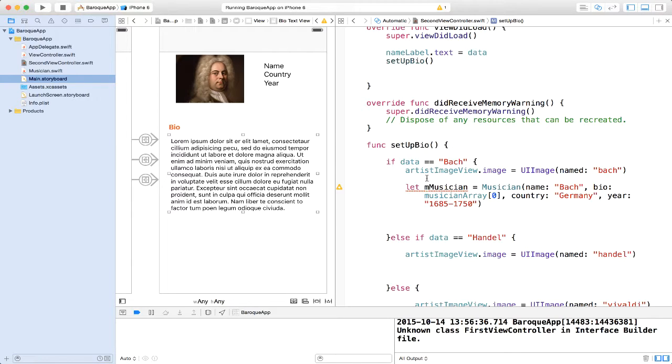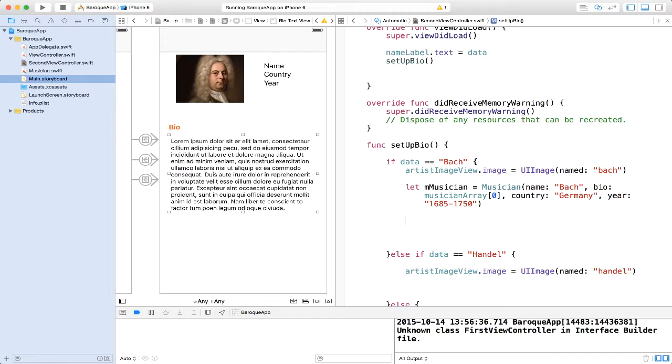So now we've created a musician Bach object, which we can then use to populate all of these labels here. I decided to use a Musician class for this project, mainly because I wanted you to start thinking more and more about classes and objects and how they interact in the real world when you create your applications. It makes things much easier and easier to read. As you can see, we created this Musician class object, and we fill this object with all the properties of a musician, which means we're then able to use these properties inside of our labels.